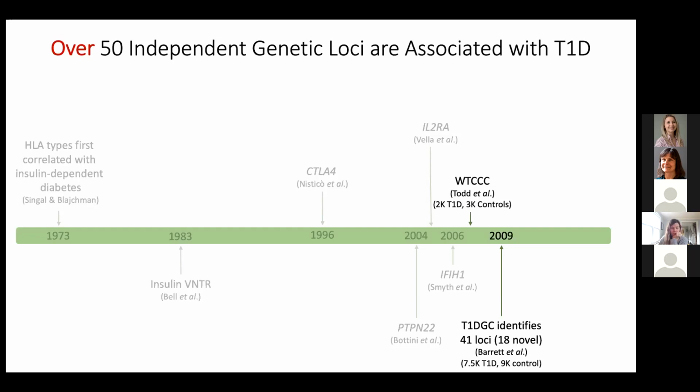and put a lot of effort into establishing collaborations with other cohorts that have type 1 diabetes cases and controls, and led to the GWAS publication and meta-analysis in 2009, where we identified 41 loci, and 18 of those loci were novel. So as Noel pointed out too, with GWAS studies now suddenly, pre-2007, we only had 6 loci. And in 2009, so just in 2 years approximately, we now are up to 41 loci associated with type 1